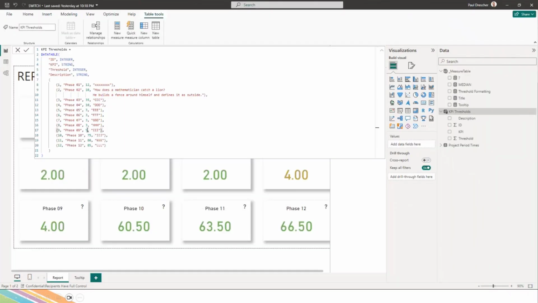Let's imagine here in the data table, I changed this 85 to, let's say, just a 50. Press enter, and the visual is going to turn red immediately because only a small fraction of projects is actually underneath the threshold that I just set. Most of them are over, so it's going to show red. So this can be done pretty quickly.